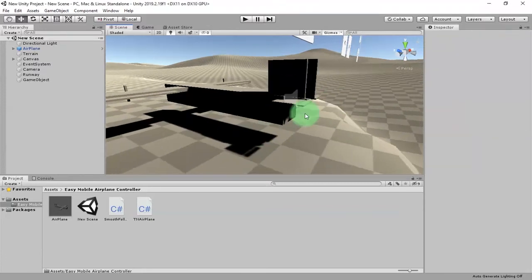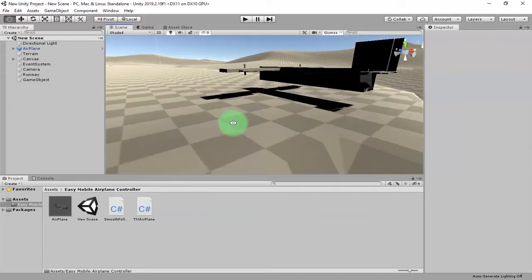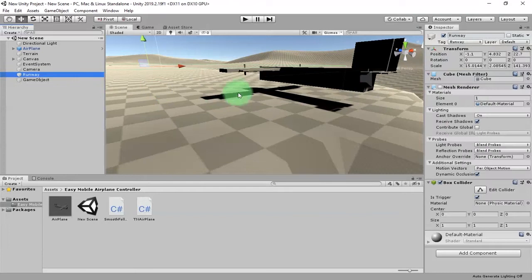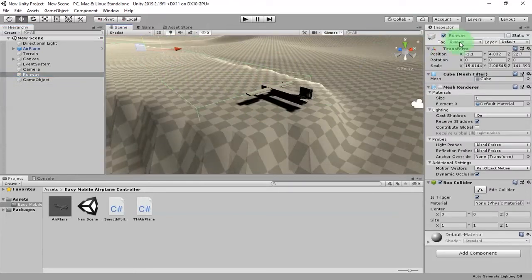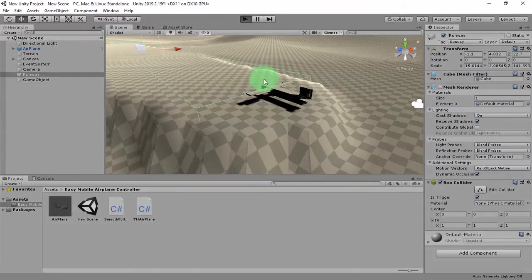And on this runway I also created an invisible runway here. It has a runway tag, and it is necessary to make the airplane able to take off and land here. Okay, so if I play the game,